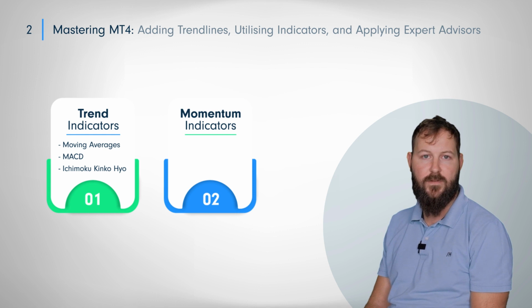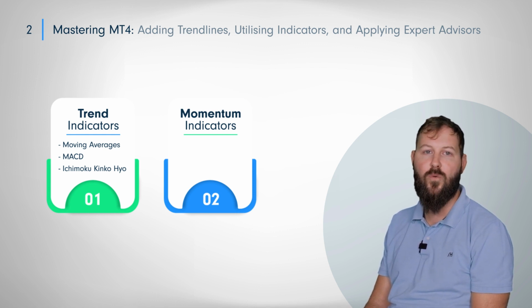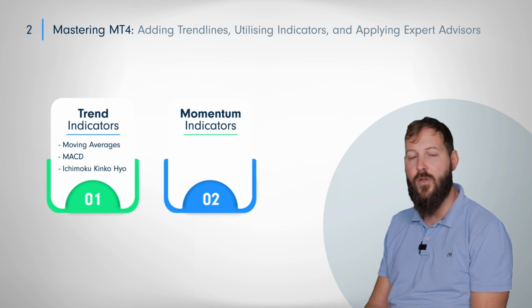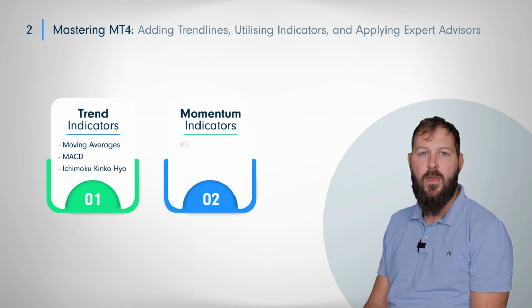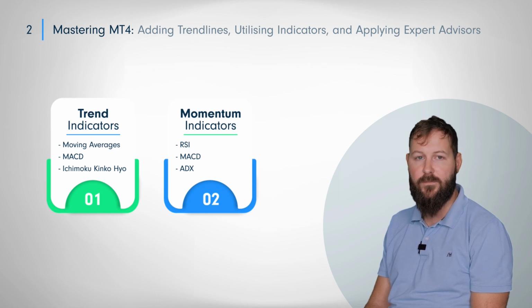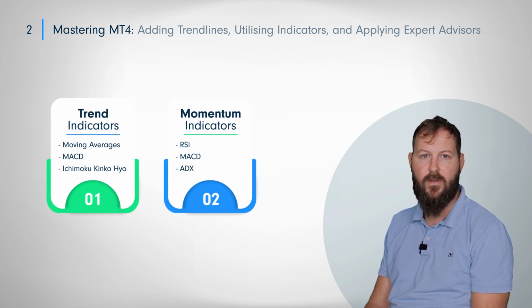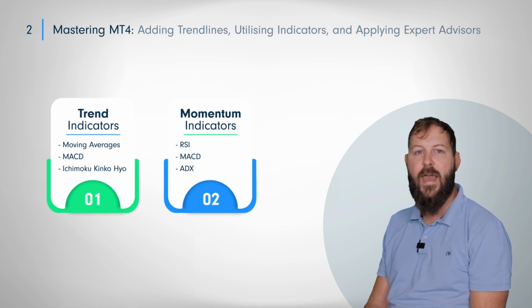Momentum indicators, used to help identify the rate of the rise and fall of price of an asset over a period of time. A few examples of momentum indicators include RSI, Relative Strength Index, MACD, Moving Average Convergence Divergence, and